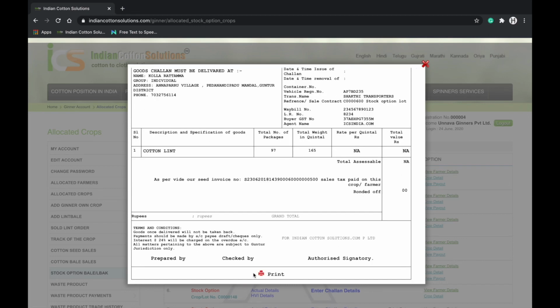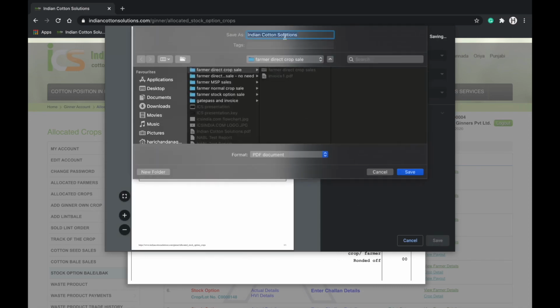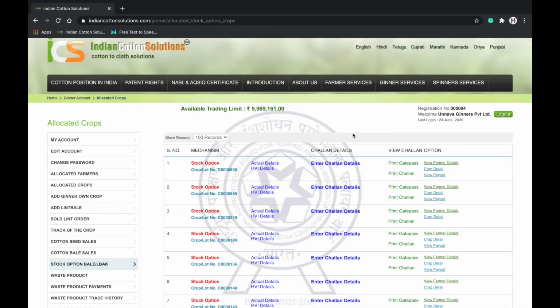For future references, it is advised that the ginner saves this challan and gate pass in the computer as well. The same is uploaded in the option provided and the cotton lint bales are dispatched by the ginner to the farmer. Once the upload is successful, admin releases the TTL that is equivalent to the cotton lint bales worth.